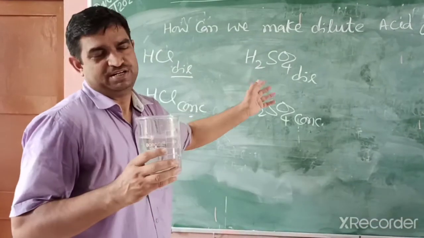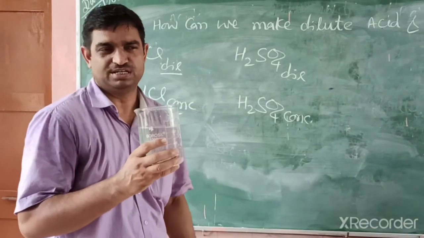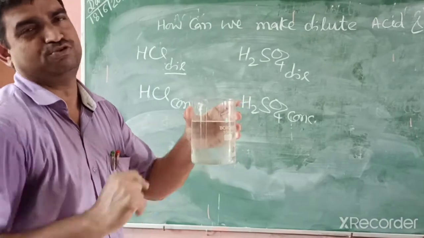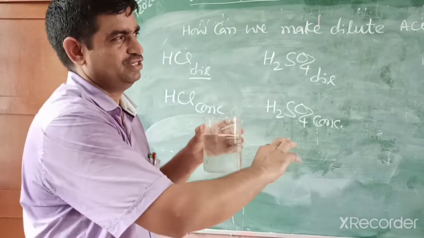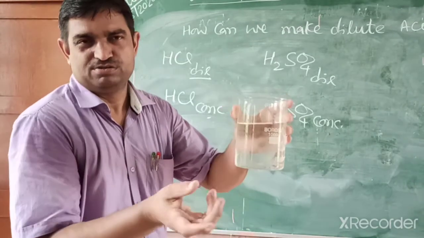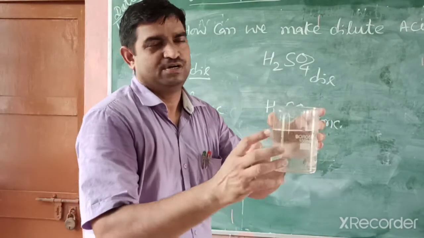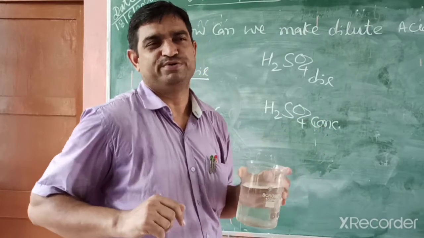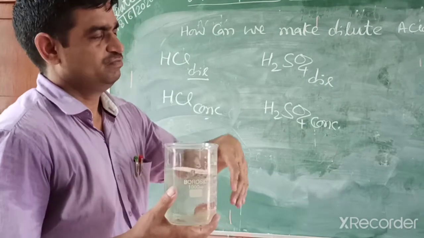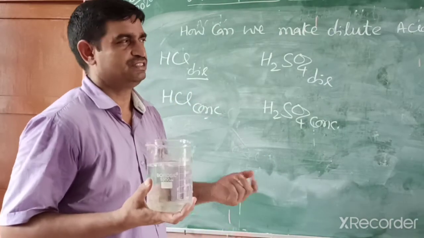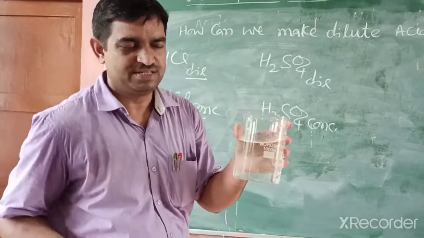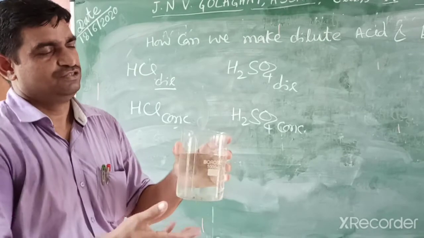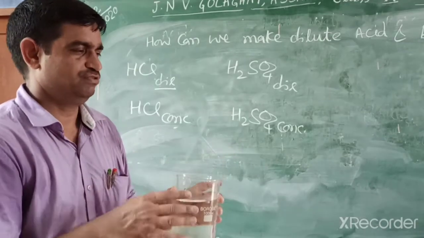There are many questions given in the textbook. Why do we not put curd or sour substances in brass or copper utensils? There is a question in our textbook. The reason is that metal oxides are basic, and curd has acid, and acids react with them to form salt. So they make a poisonous substance. Due to that, we should not put them there.